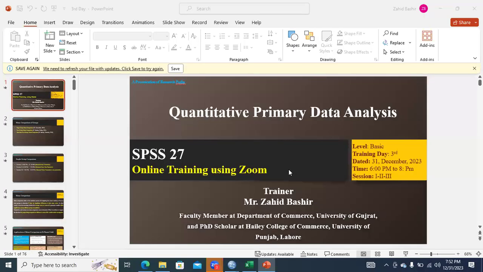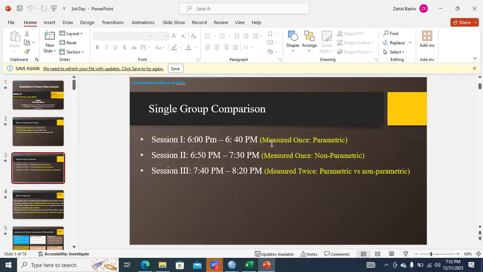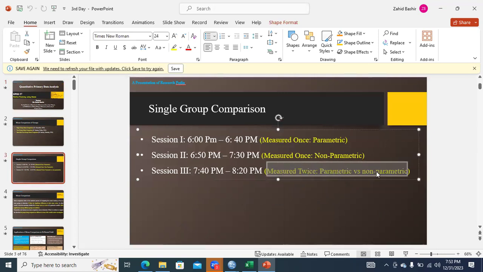All right. So we are moving towards the last part of today's session. We have completed measured once parametric and measured once non-parametric. We have completed this part, and now I am going towards measured twice parametric versus non-parametric. And don't worry, I will not take much of your time, because the process is